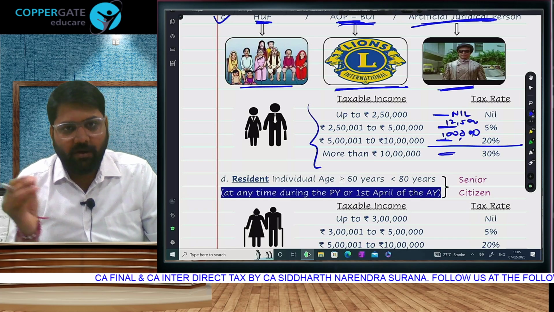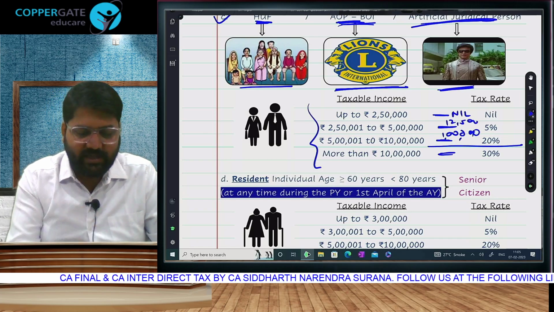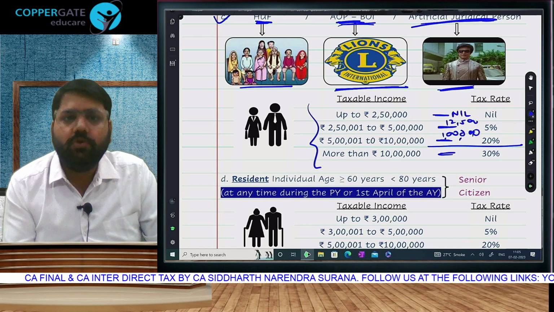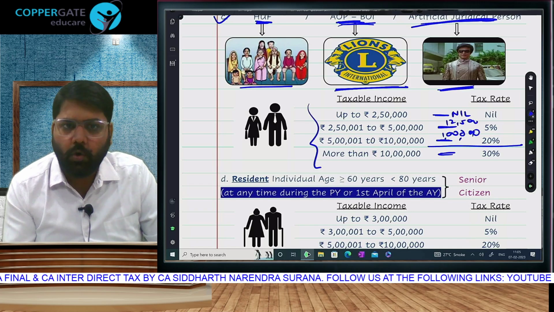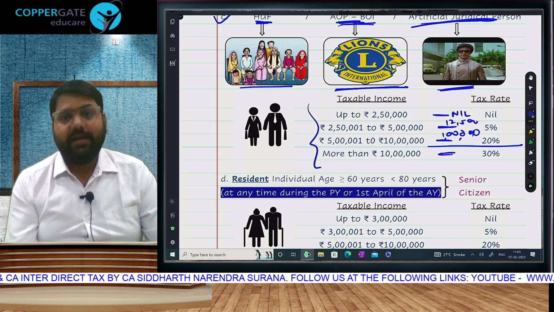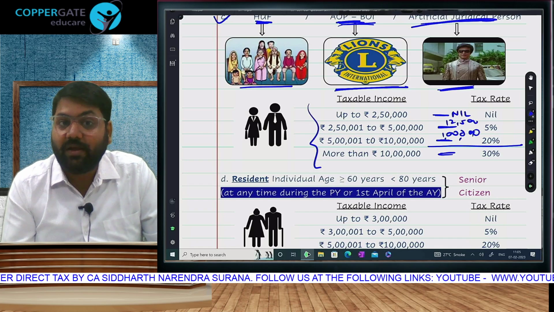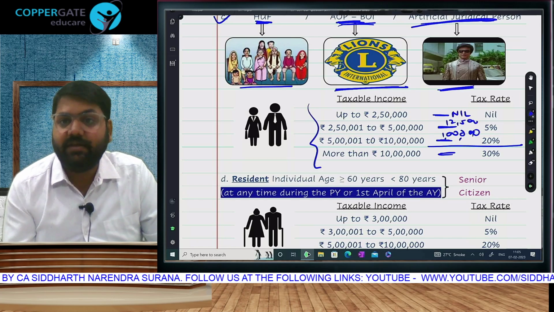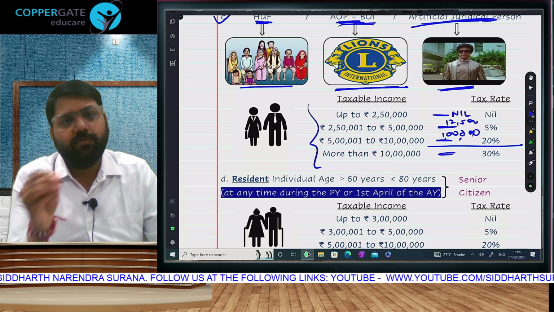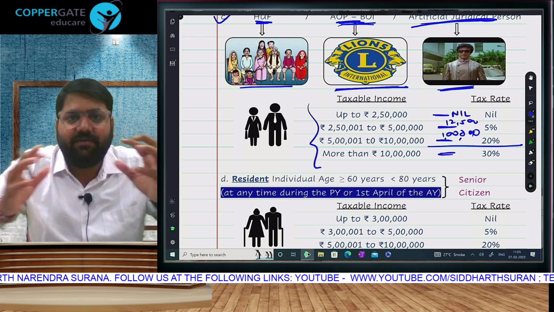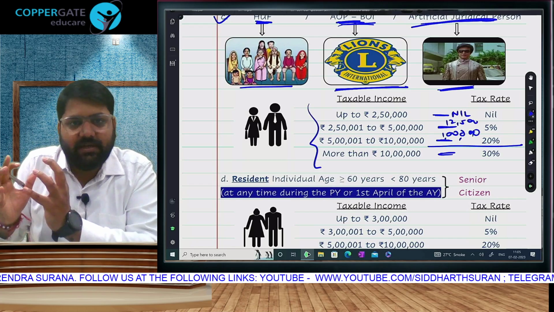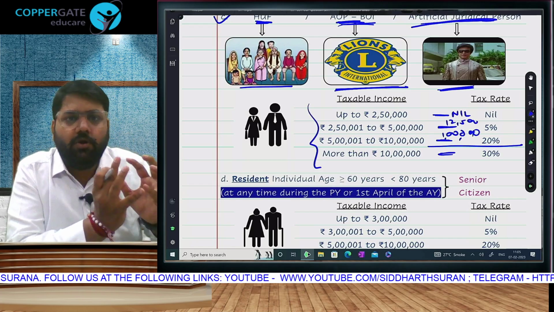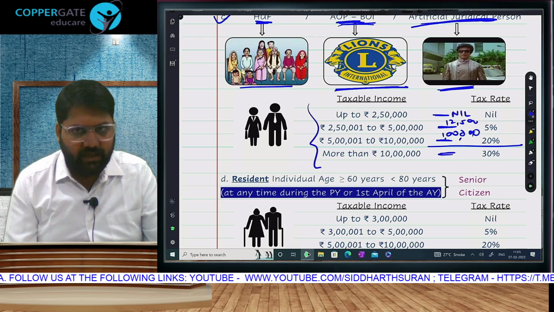Obviously, we know about the concept of rebate, surcharge and cess. We also know that these are basic rates in the old regime, and we also know that any income falling in chapter 12, chapter 12 means special rates of tax, LTCG, stock market, casual winnings, all that is going to be obviously segregated. So total income will be divided into two parts. Special income will be subjected to special rate and normal income will be taxed at these rates if you fall